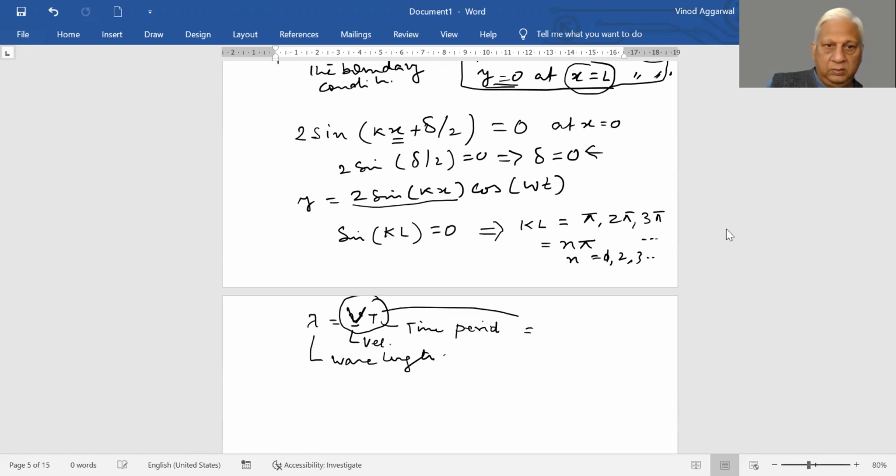This is also equal to V by nu naught, this is the frequency. Now our L becomes n lambda by 2. So nu is equal to